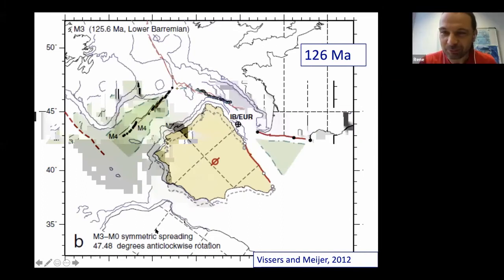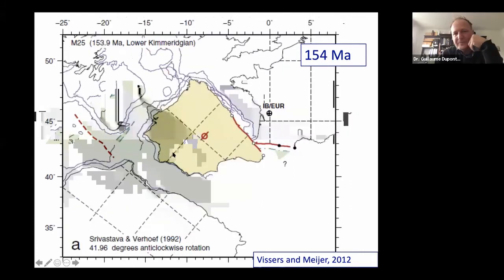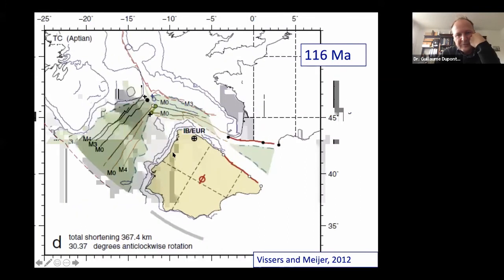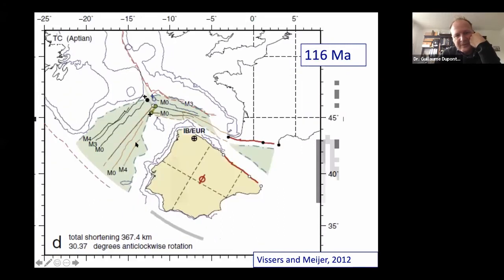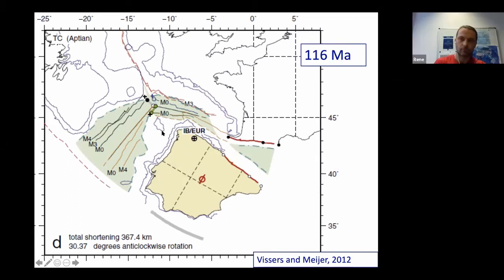Can I ask a question? Please. Is the position of the spreading ridge assumed to be stable? No, it's actually moving, if you look, but it's only retrofitting the different marine magnetic anomalies. Okay. So this is the basis for that. It's not assumed to be stable, and there is another way also I will show you just later. You can actually better fit the position of the plates.